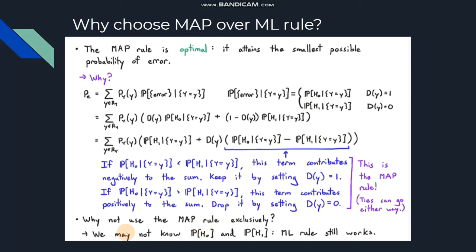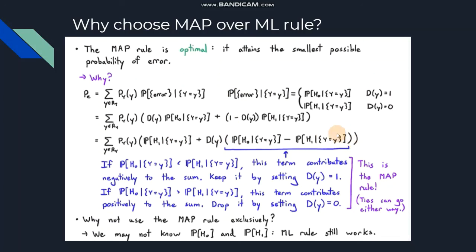Using this, the next step can be obtained. This can be explained as follows: if d of y is equal to 1, it can be seen as P of H0, and the 1 minus d of y term equal to 0, the second term being 0 completely. And in the same way, if d of y equal to 0, the first term will become 0, leaving the second term. By rearranging, the following step can be obtained.